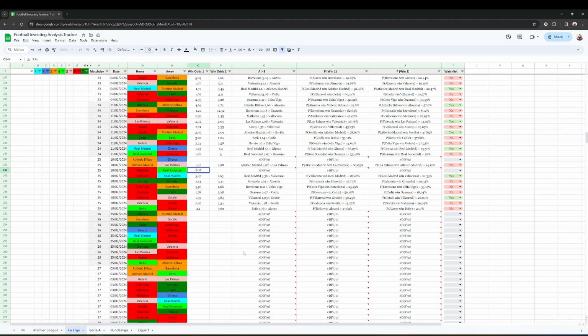The truth is that Mallorca is 3.34 and Real Sociedad is 2.55. Okay, which is... I guess it's fair, yeah. 2.1 at home, 2.55 away. Yeah, not something that I would necessarily argue with. Yeah, I think it's a fair price.